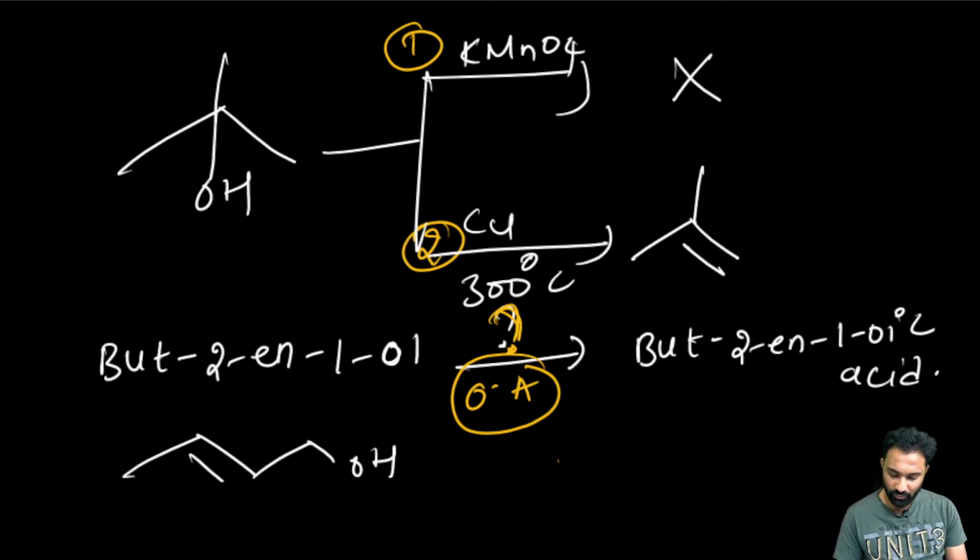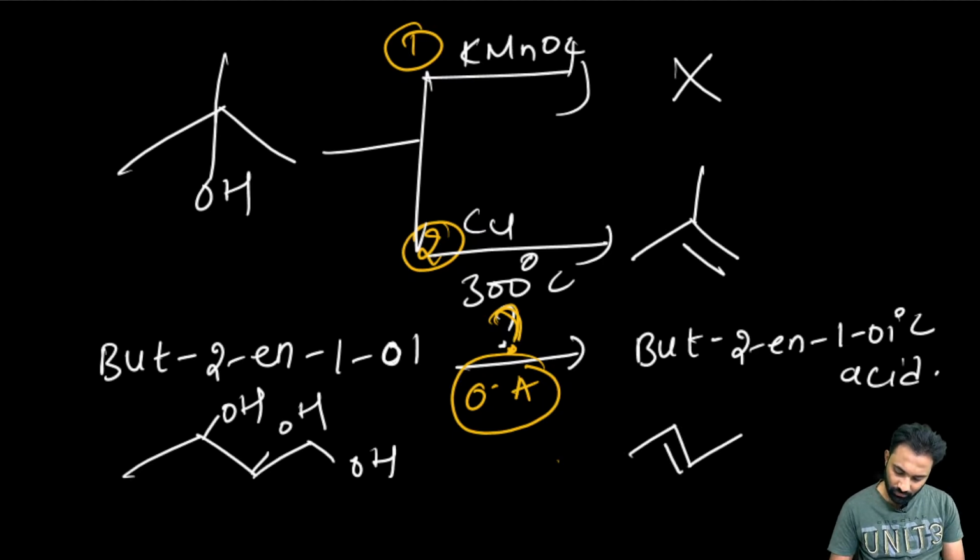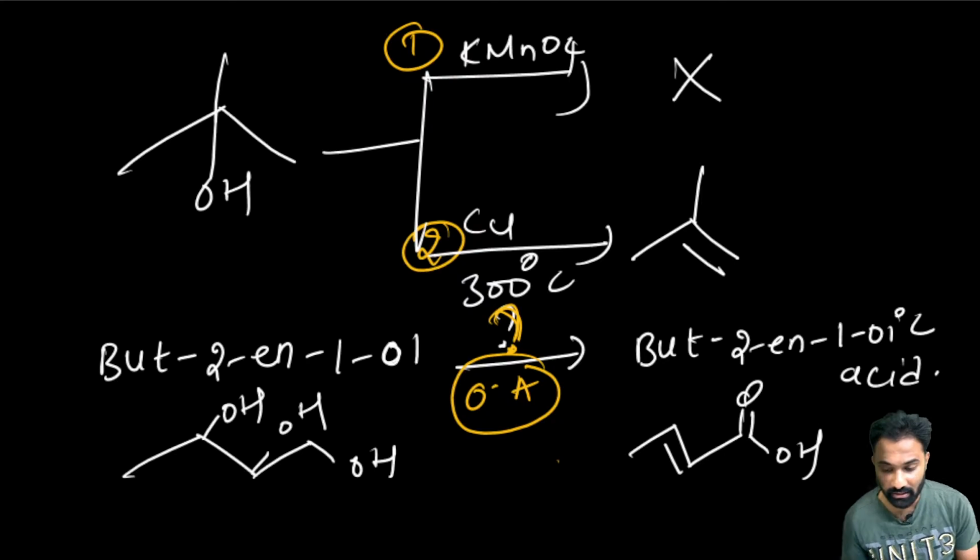How come the KMnO4 will react with the diene? KMnO4 will react with the alkene carbon, and it will give you the diol, right? How come the K2Cr2O7 or KMnO4 will react? But the product name given is but-2-yn-1-oic acid, right? But-2-yn-1-oic acid means KMnO4, K2Cr2O7 and HNO3 are not the best